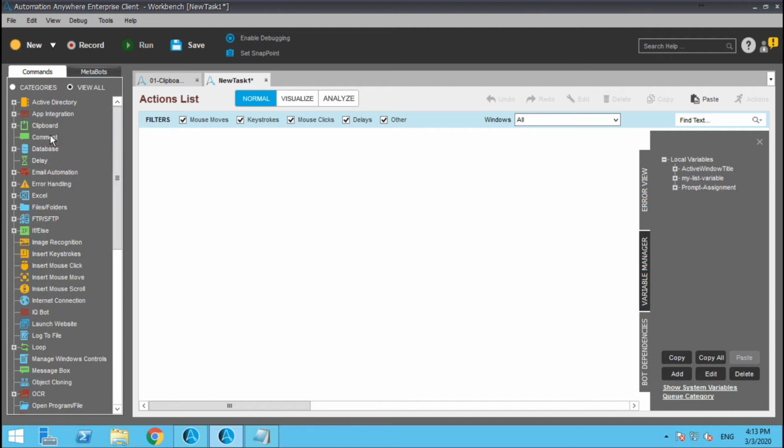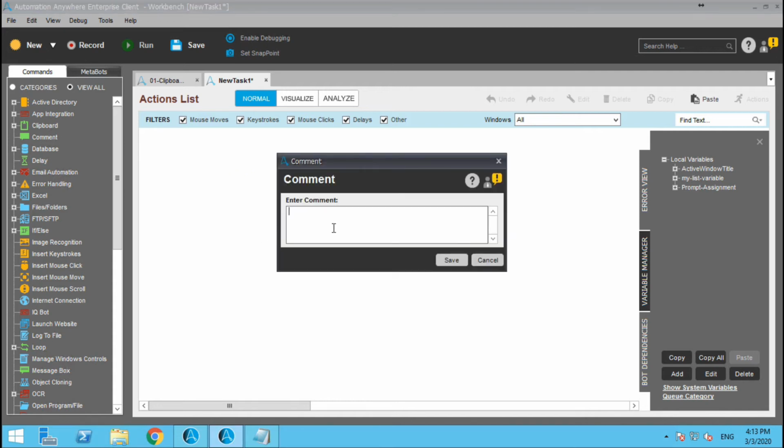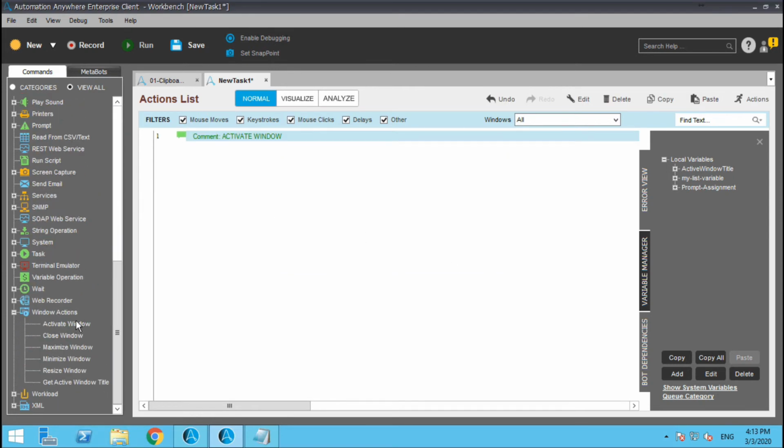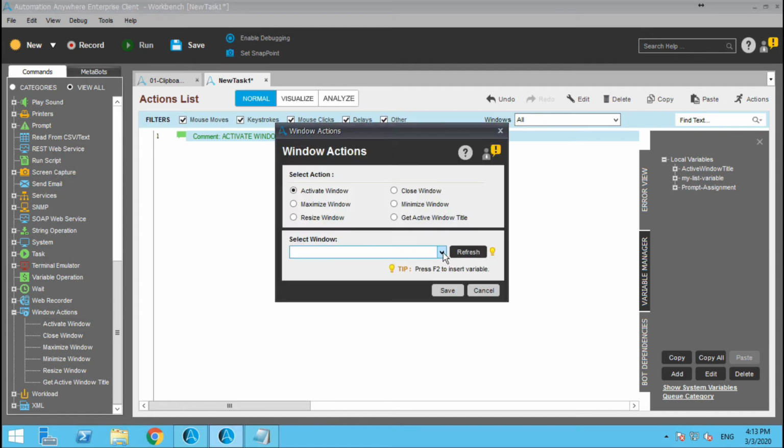Okay. Comment would be activate window. The first command we will be using here. Let me go down and select activate window, and from the drop down of the windows select untitled notepad. Click on save,